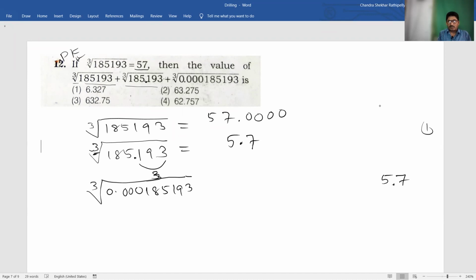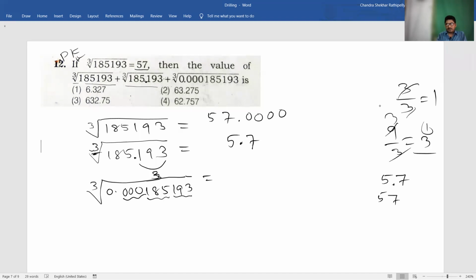0.000185193. Now also we get 57. But how many decimal places are there here? 1, 2, 3, total 9 decimal places. 9 decimal places, and it is a cube root, so divide by 3. 9 divided by 3 is 3. We have to maintain 3 decimal places. So a decimal point, 3 decimal places means like this: